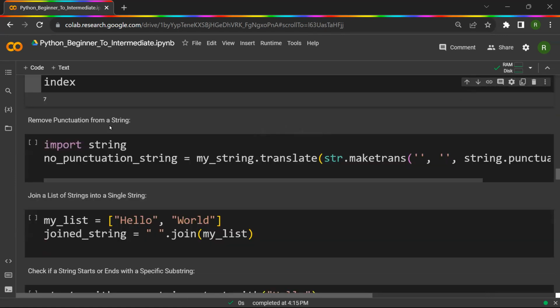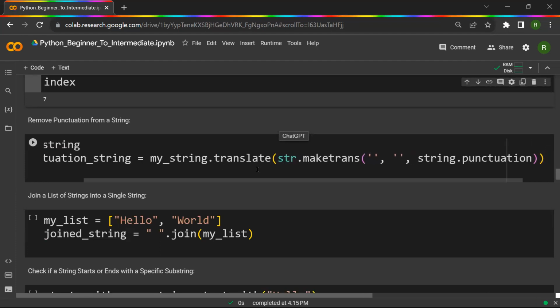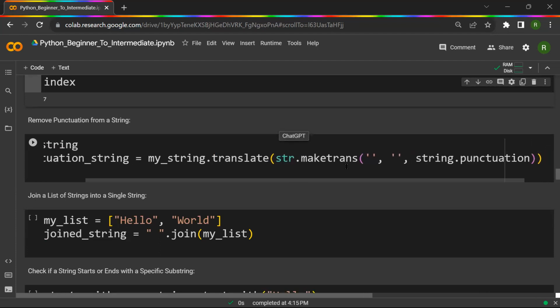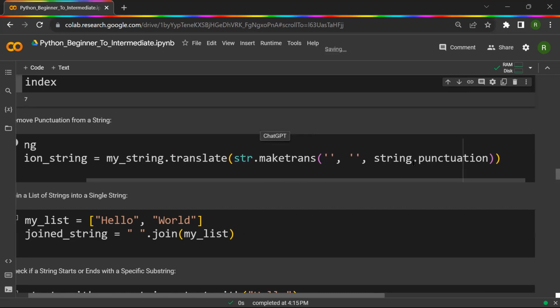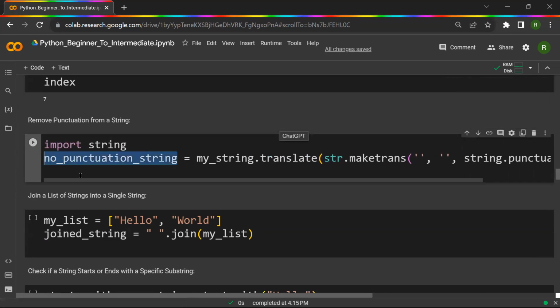Now, remove punctuation from a string. Okay, we have an exclamation mark, and something different we have. So at that time, we just need to use this case, like import string, no punctuation string. For that, I will just use the translate function, which takes maketrans of whatever the punctuation is there. And whenever I run this,